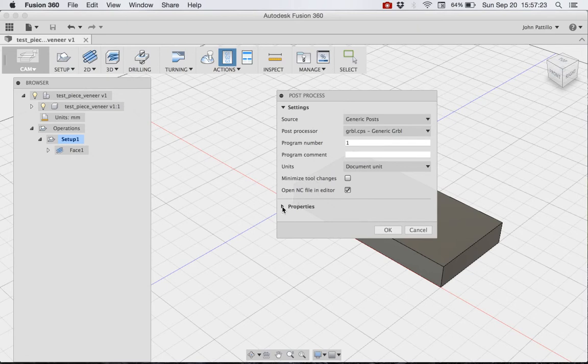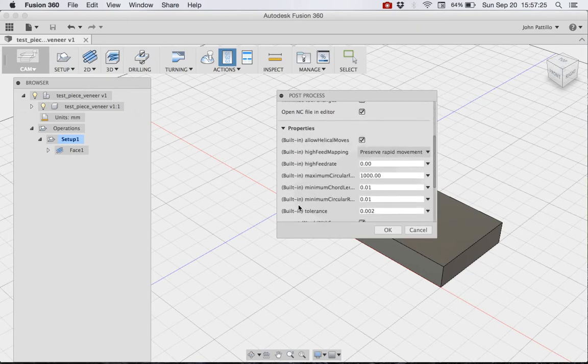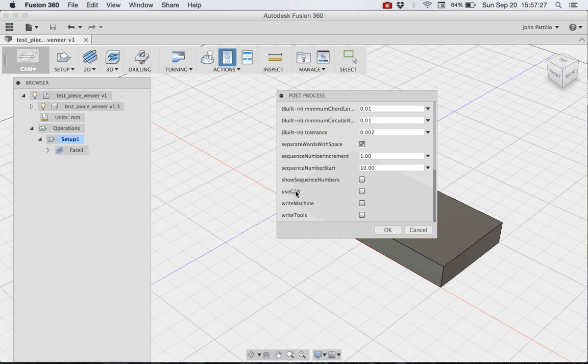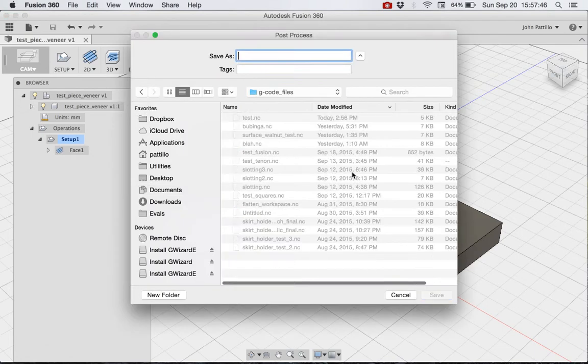You do want to go into the properties and just make sure that these boxes are unchecked, especially to use G28, which is the homing command. I broke all my homing switches on my machine, so I don't do that anymore. I don't really think it's that useful, but I just uncheck that so it doesn't put those in there. And then we just click OK, and it's going to generate our G-code file. I save mine to the Dropbox and then download it to the machine that's running my X-Carve, but I'm just going to say this is test